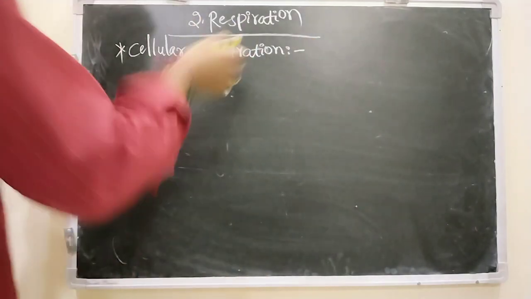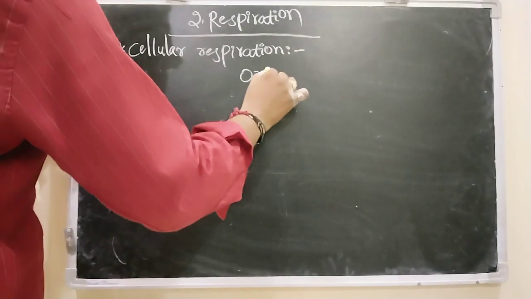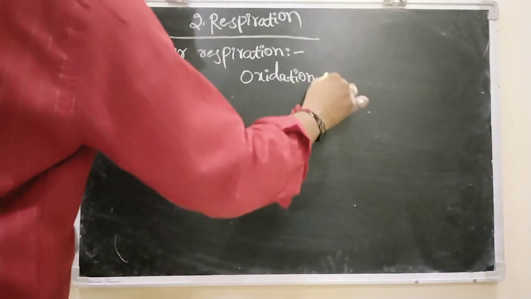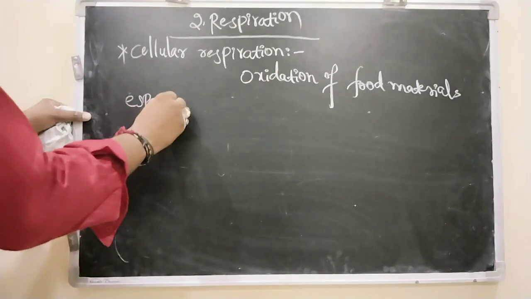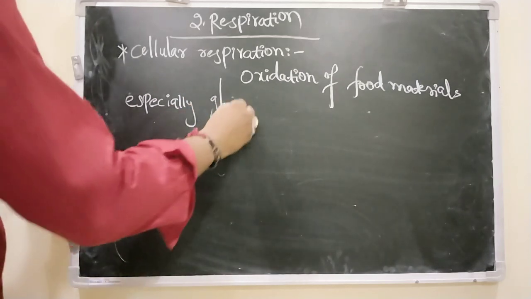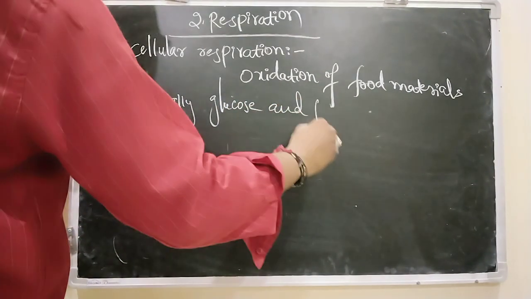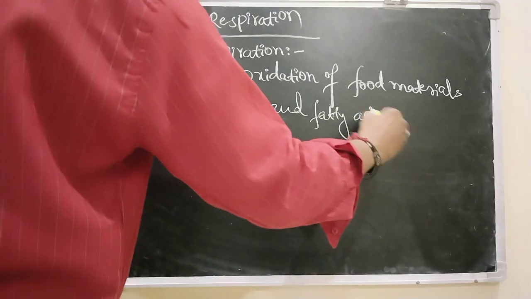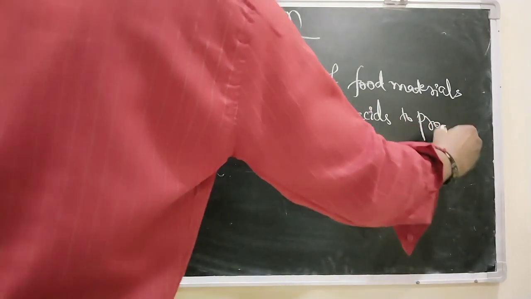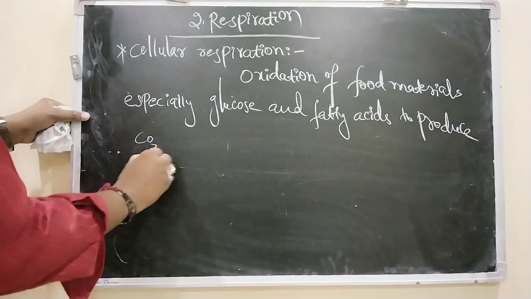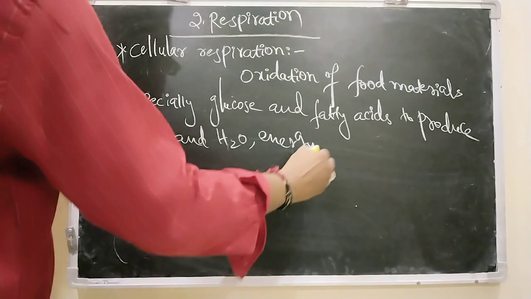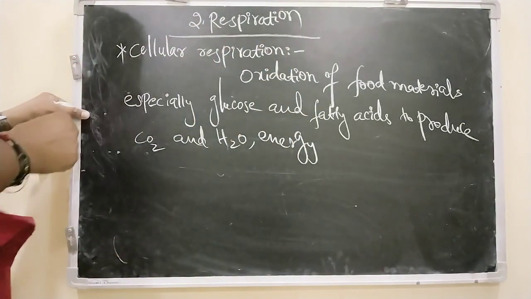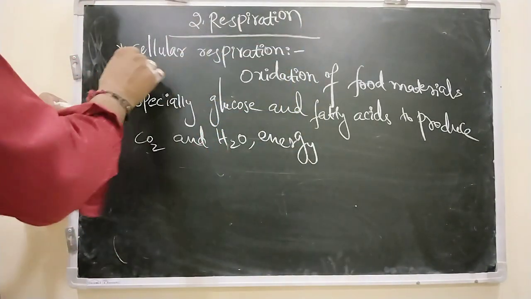Cellular respiration. Actually, what is cellular respiration is oxidation of food materials, especially glucose and fatty acids, to produce carbon dioxide and water. Of course, energy is also released. Okay. So this is called cellular respiration because this process occurs in cells, that is why this is called